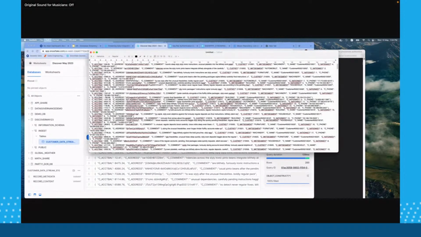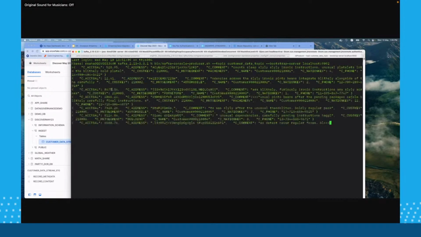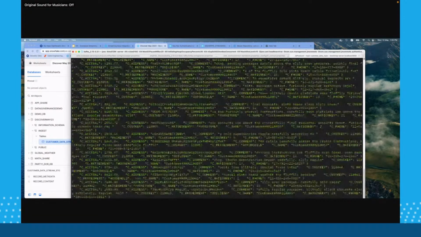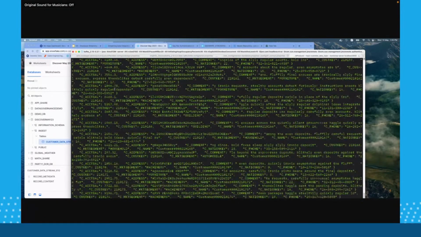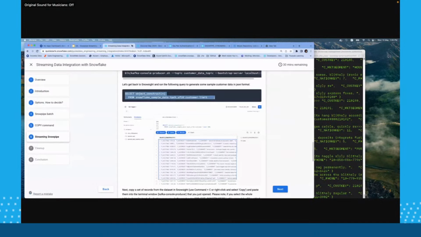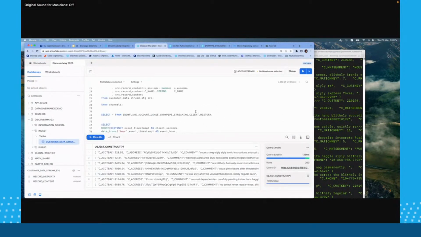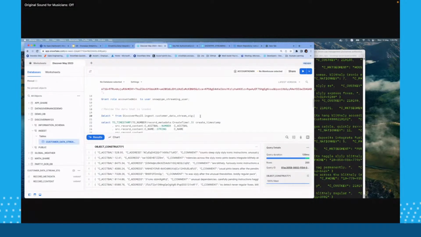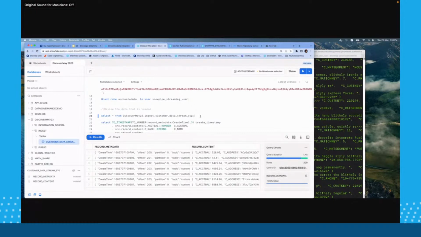So what I'm going to do is Control A and Control C. I'm straight away going to go to my Kafka producer and paste it here. As I do this, if I go over to my Snowflake table, what do I see? You see on my Snowflake table, 200 records which I pasted onto my Kafka producer, they're already here.